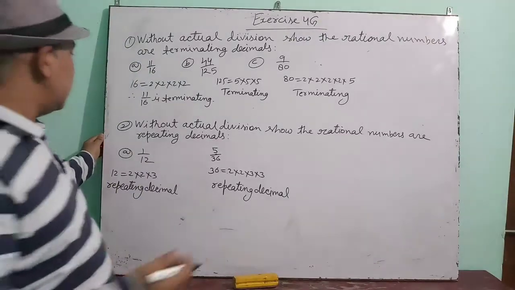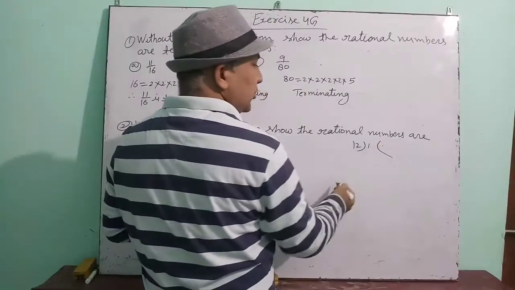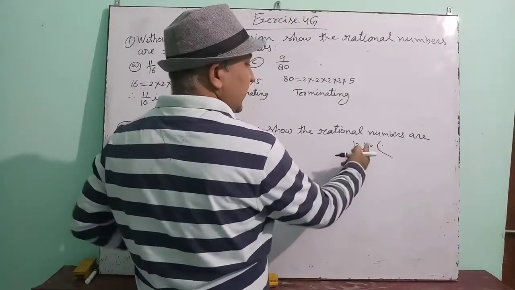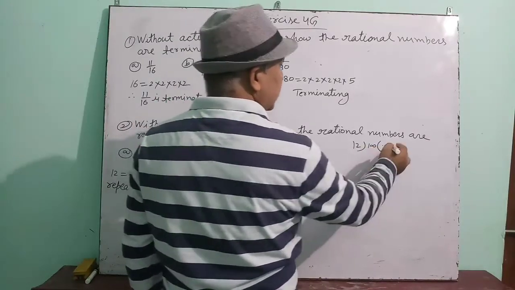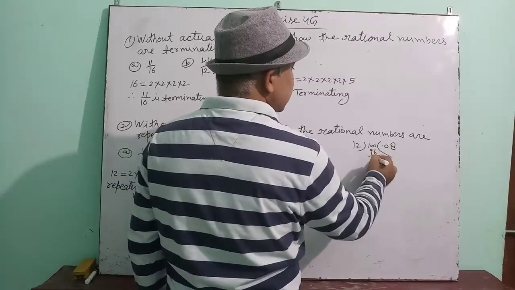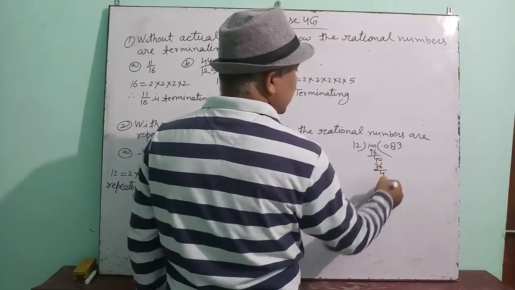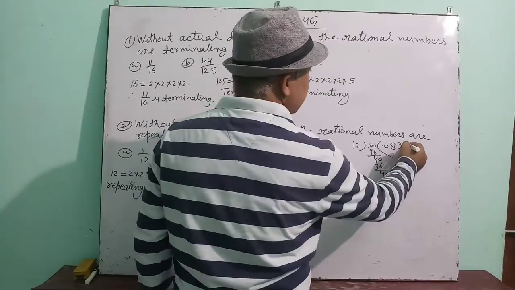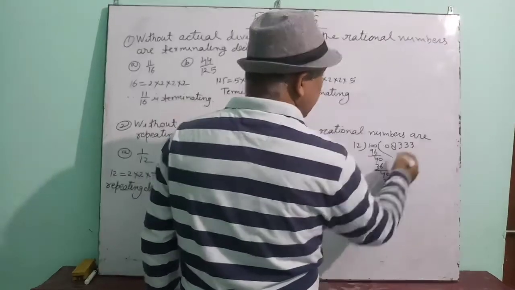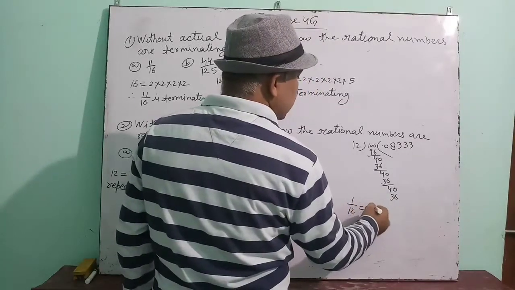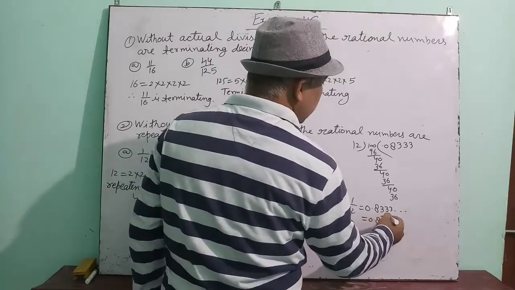By division very easily you can check. See that one, the first one. If 1 is divided by 12, first we will put the decimal and increase the 0. Again it is smaller than this, so again we will increase by 0. Then 12 into 8, 96, 4. 0 will be increased. 12 into 3, 36, 4 is the remainder. Again 0 is increased, again 3, 4, again 0, then 3. You can see that 1 upon 12 is equal to 0.833. So this is a repeating decimal.